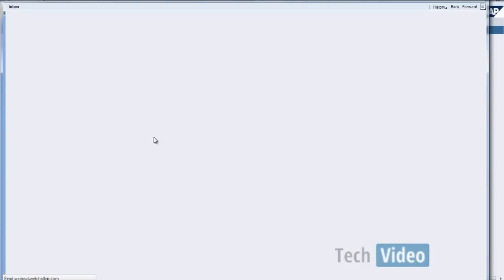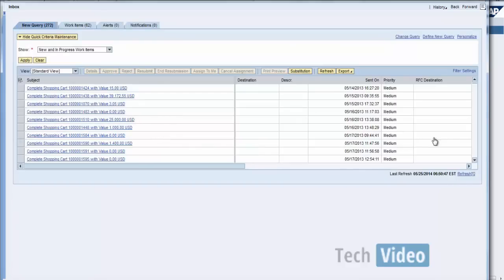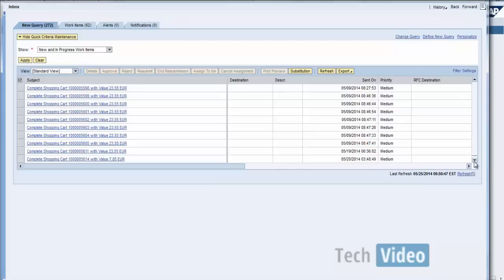When we open the inbox, we see a lot of items, but sometimes those items do not belong to the user and they might complain that even though they have taken an action, it does not move out from their inbox. So in that case, what we need to check is whether this is actually present in the backend system in their inbox or not. How do we check that?